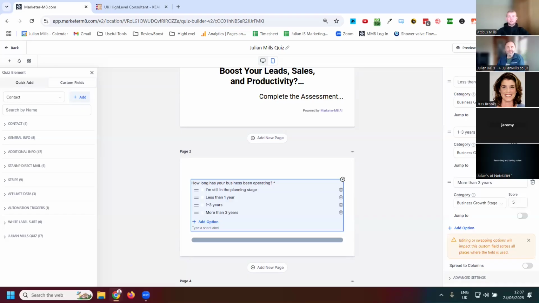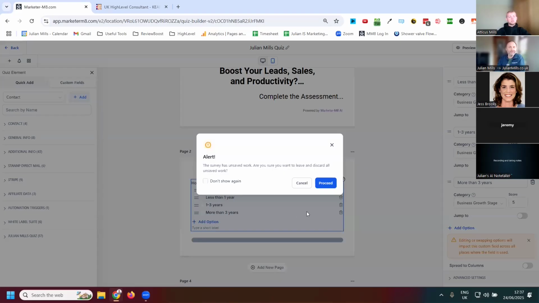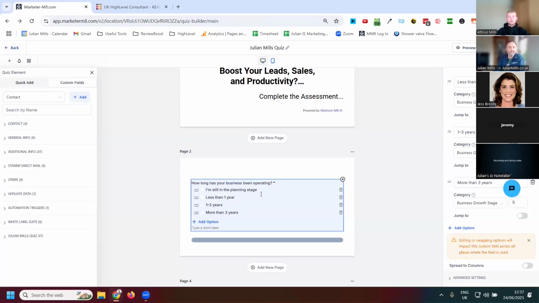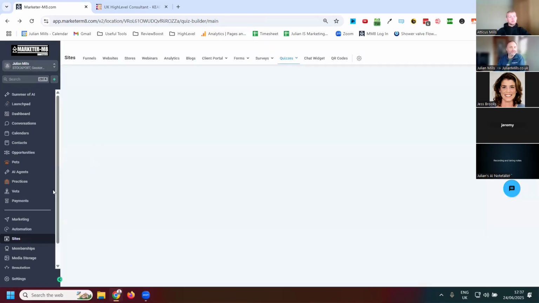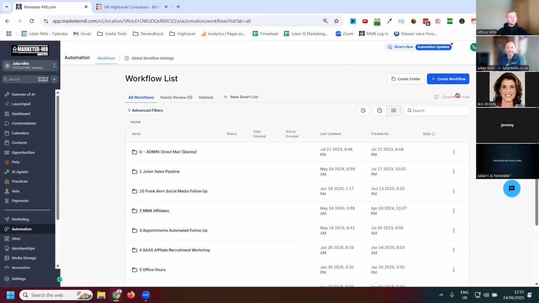Okay. Again, I may as well show you quickly the automation while we're here, the options. Don't change anything there. To finish off, we've got the automation. I must admit, I've not got around to setting up the automation for that survey I've set up. If I did, it would just send me an email when someone fills it in. But if I did want to set up the automation, I go to here,